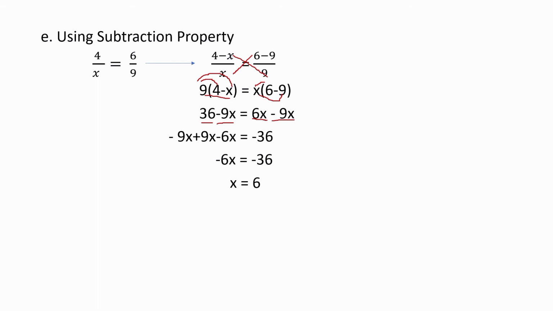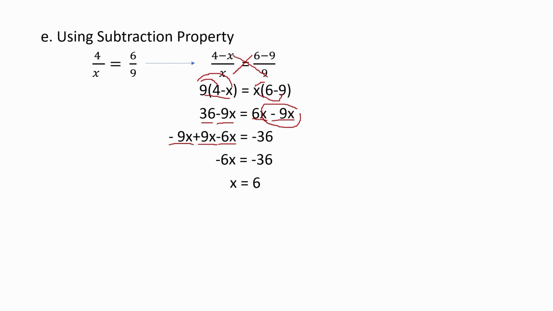And then combine all similar terms, all terms with x. So copy negative 9x, then transpose negative 9x here to the other side. So it becomes positive 9x. Then this positive 6x, transfer here, so that will become negative 6x is equal to, again, this 36